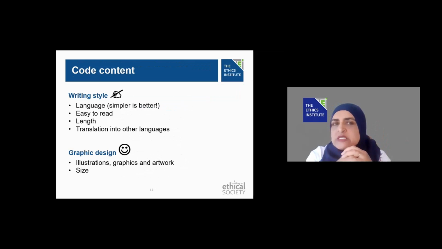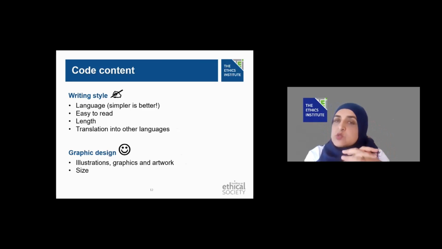Then once you've got all of that, think about the content of what you're writing. And in your content, it's really important that you draw that line from your ethics risk assessment and your strategy into your code of ethics. Why am I doing this? What are the key messages that I want to have out? Who is my audience? Is it homogeneous? Is it clear? Is it simplistic enough for my audience to understand?